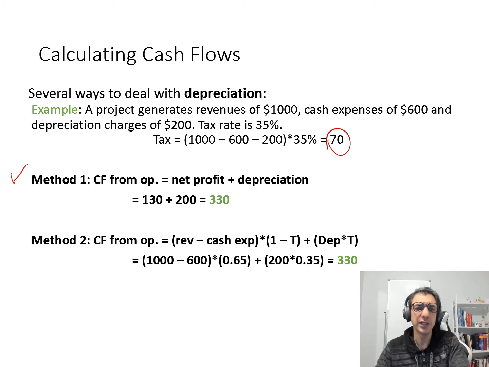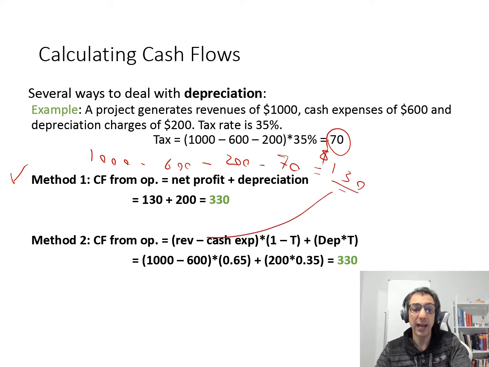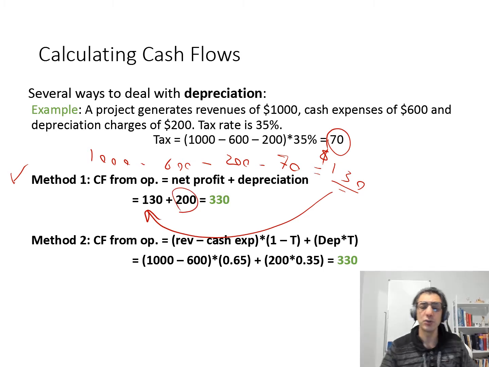So the net profit is simply $1,000 minus, let me write it down, minus $600 minus $200 minus $70 taxes you are paying. So you can calculate the net profit, which is $130. So that's your net profit. Now you're adding back $200 to that net profit you calculated, so your cash flow from operation is